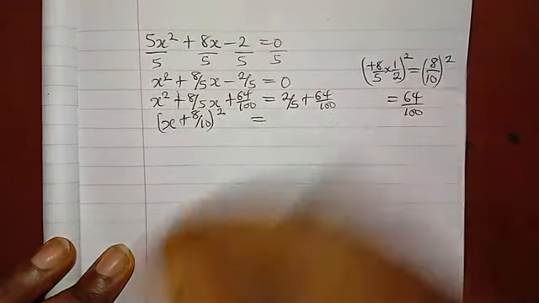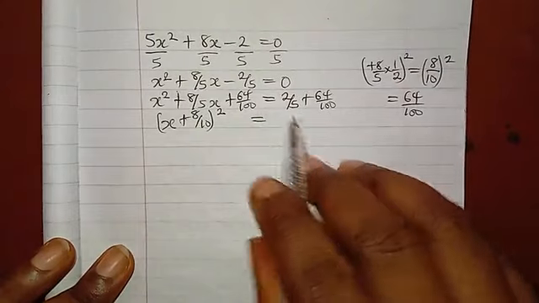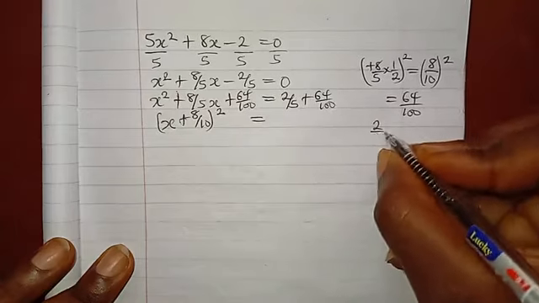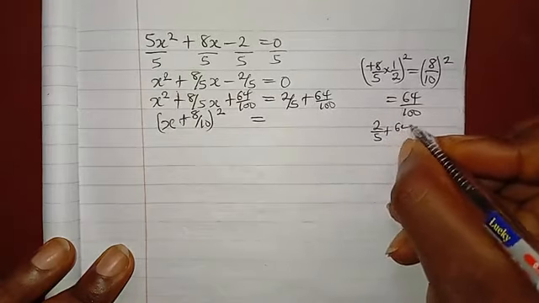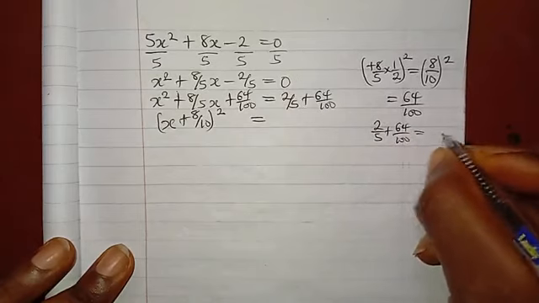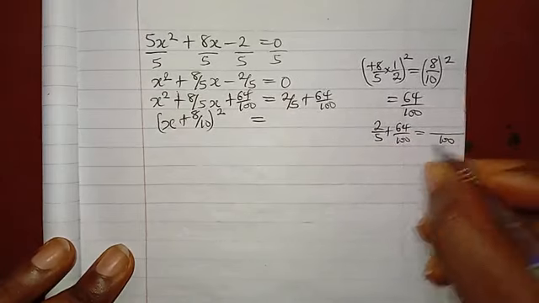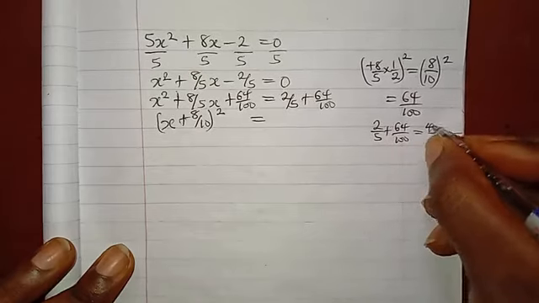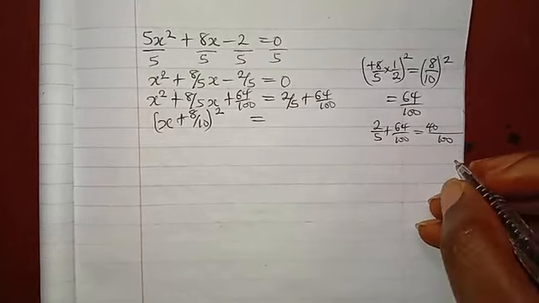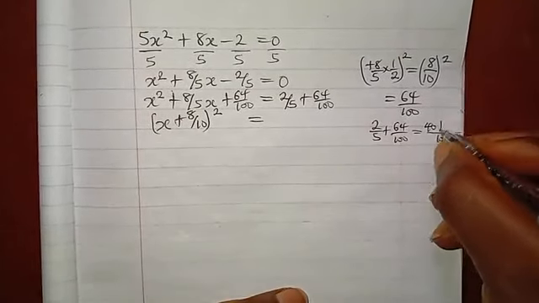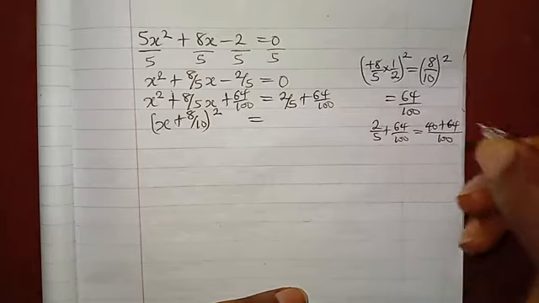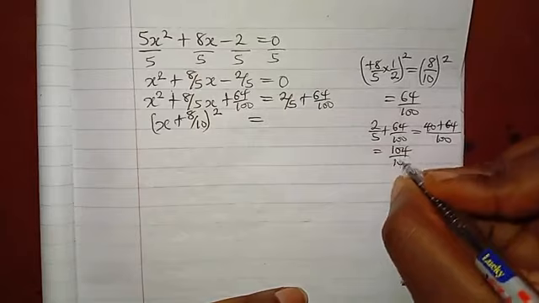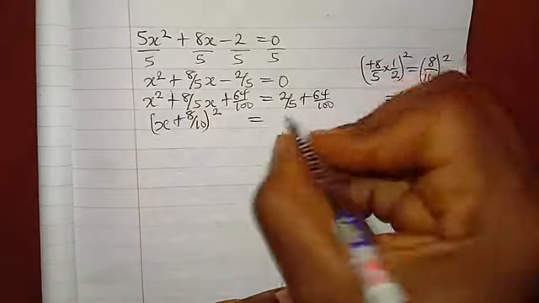Okay, is equal to, now let's come over to this side to do this addition. 2 over 5 plus 64 over 100. The LCM of the denominators is 100. 5 into 100 is 20 times 2, which is 40. 100 into 100 is 100 times 64, which is 64. So plus 64. 40 plus 64 is 104 over 100. So this sum gives us